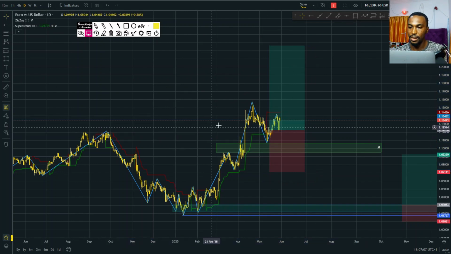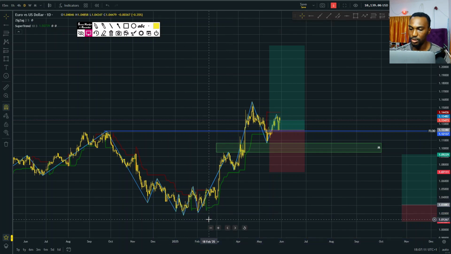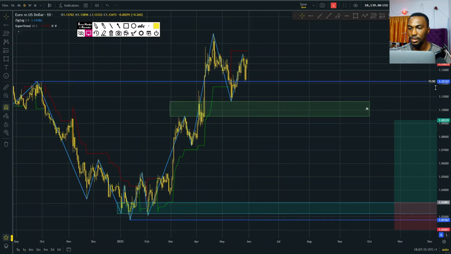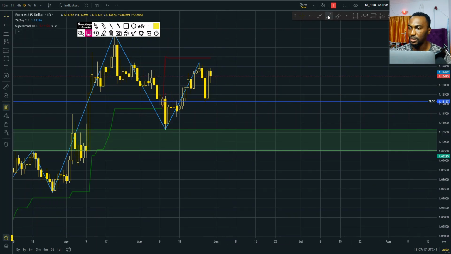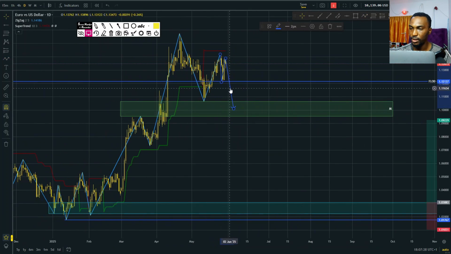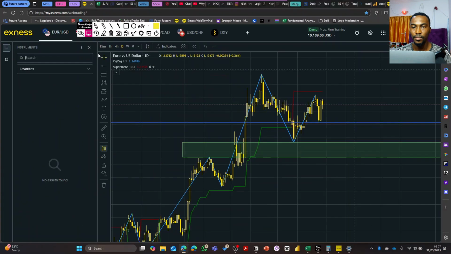But for the strategy I personally use a lot more than any other strategy, I don't see a reason to be buying in this market yet. Personally, I don't see a reason to be buying this market because I expect it to do something like this all the way down here first before I can even look at it, and that's on the daily. So I could have a couple of days where I don't even trade here.